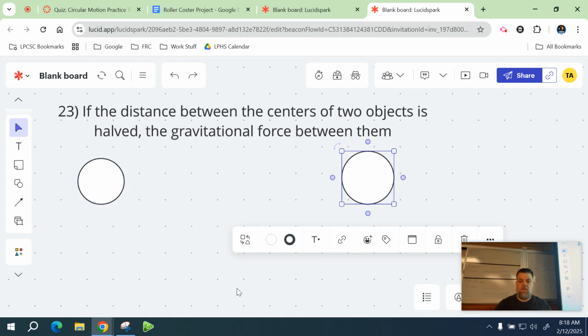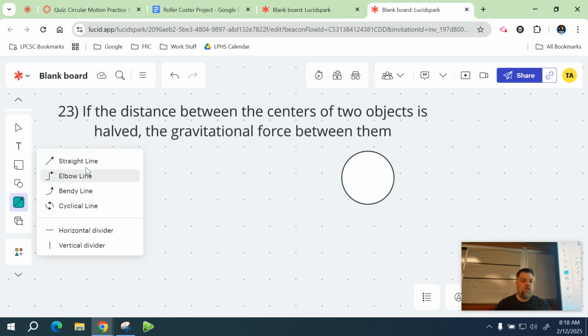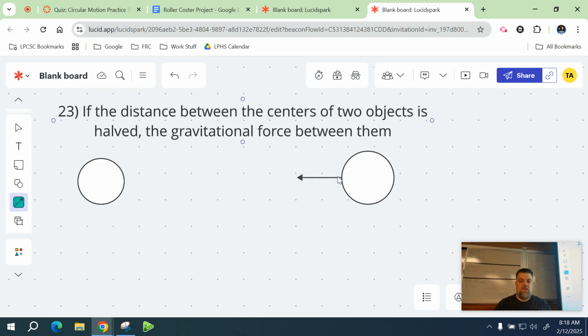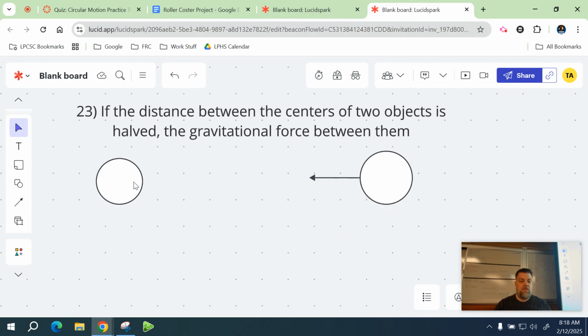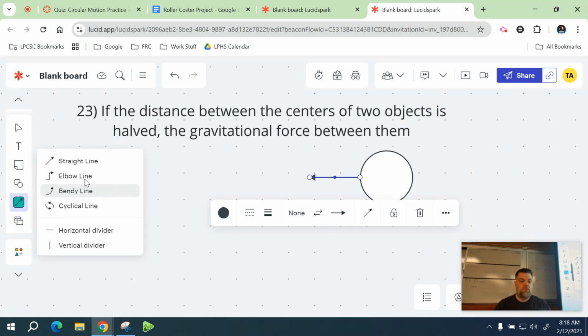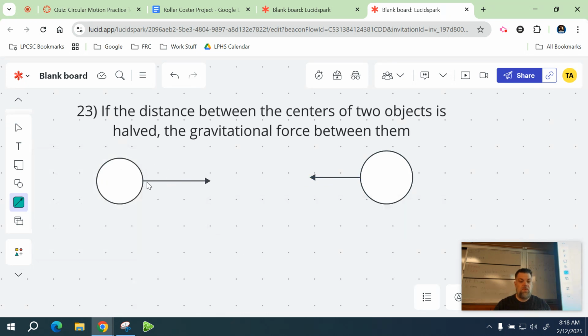They could be planets, they could be whatever. So there is a gravitational force. This is being pulled towards this one, and this is being pulled towards this one. And to calculate that force